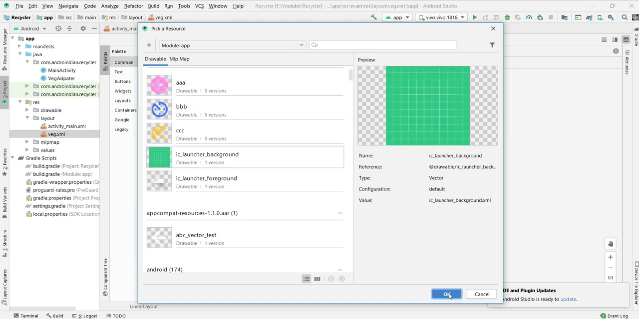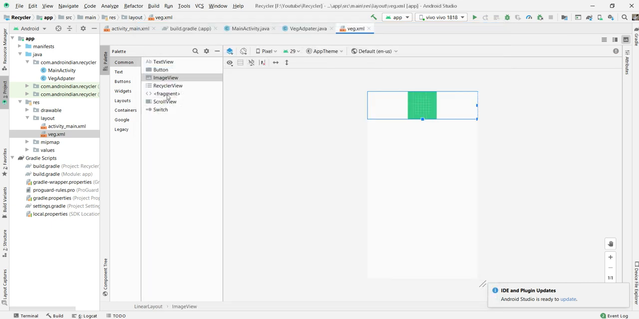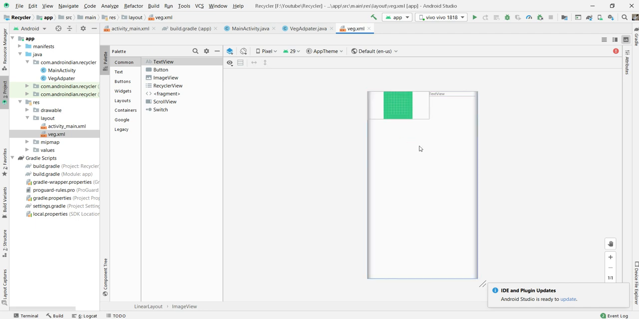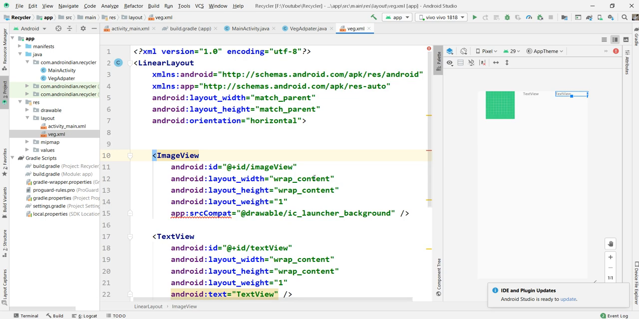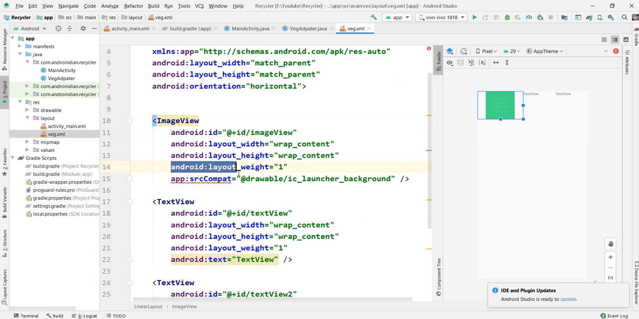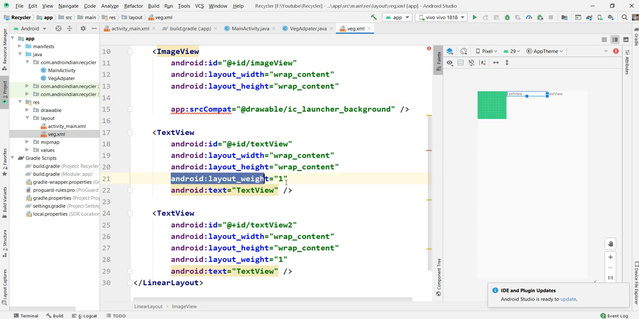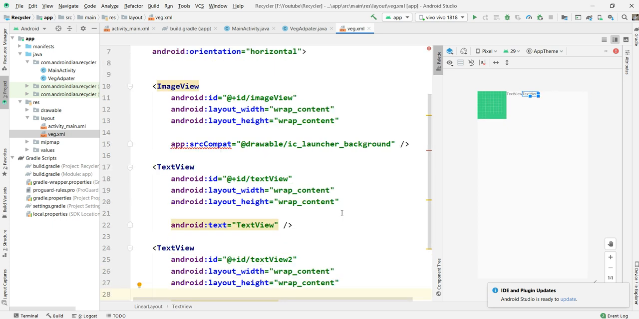So by default, I'll take one image view. Then after this I'll take two text views like this. Here I don't want this weight, I don't want this weight, I don't want this weight here. Then what should I do here is now